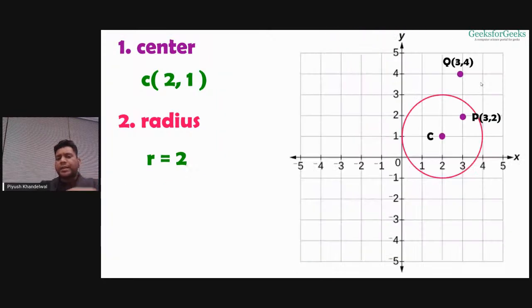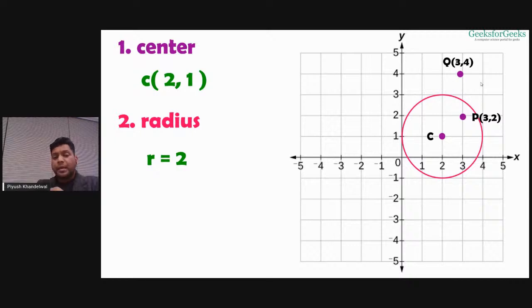Point P will be inside or outside? Okay, let me try to help you with this. When we only know the values, how can we tell? Because by looking at the image, by locating the point on graph paper, we can actually tell whether the point is lying